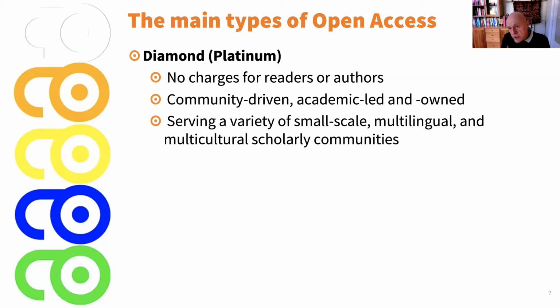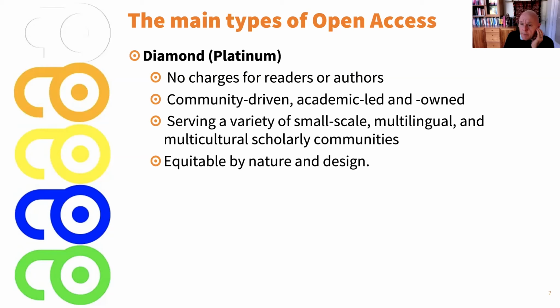And we have set up, as Coalition S has with a number of other partners, a project to consolidate these diamond journals and to make them more visible in the ecosystem. Of course, needless to say, this model is very equitable by nature and design because the publication only depends on the quality of what is being published and does not depend in any way, shape or form on the financial capacity of the author or of the reader. So this is why this is a model that I at least like very much. It is also a model that is very much alive in South America, where they have a very vibrant ecosystem